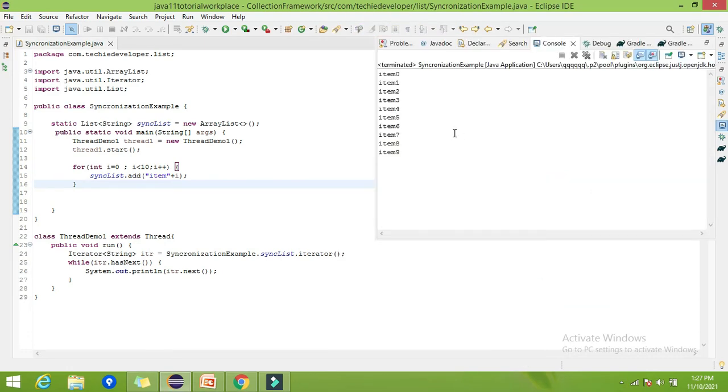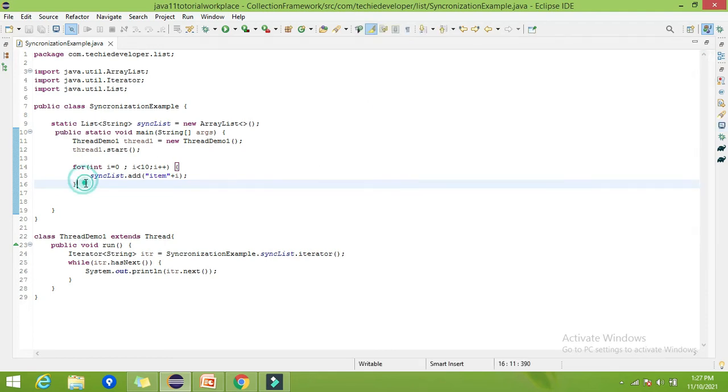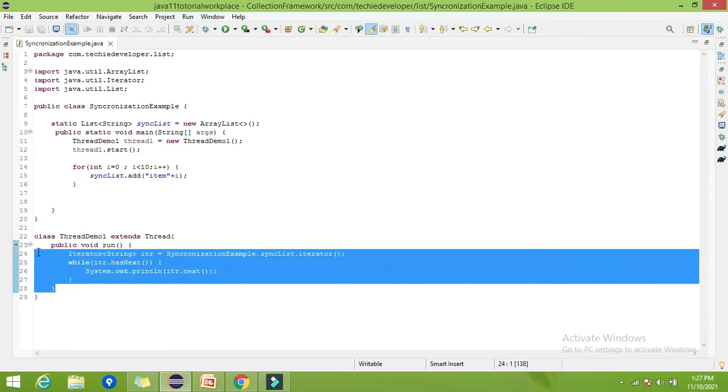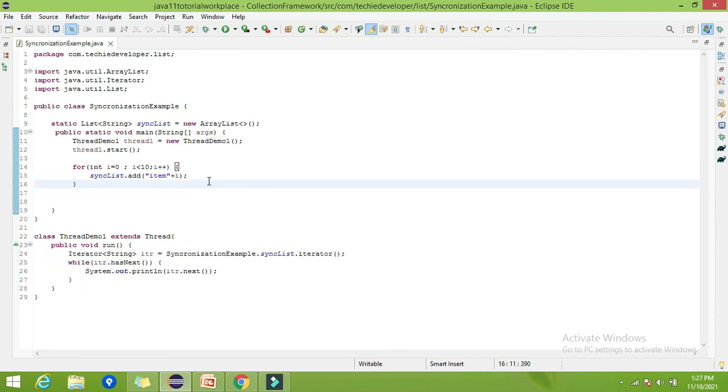So here you can find whatever elements were added in this list are getting printed here. This is simple logic, because we have only 10 elements. That's why we are getting the proper result here.